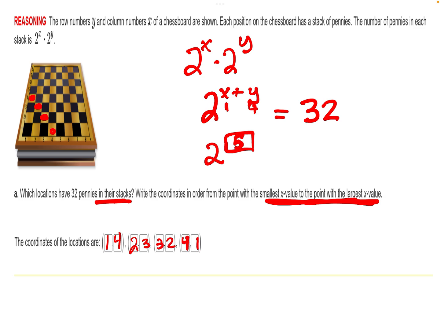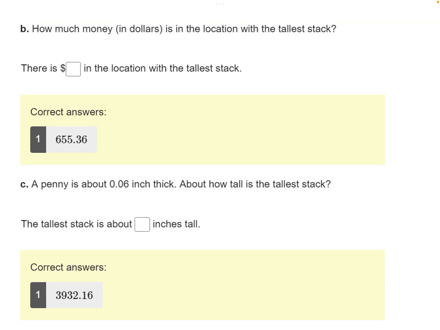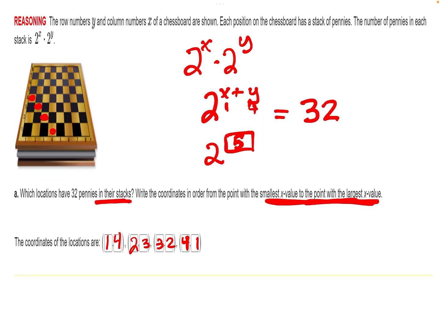And hopefully most of you were able to determine that understanding. Okay. Then the problem went on and said, hey, thinking about this pattern, can you tell me which stack would have the tallest stack? And so hopefully if we go back here, we could think about, okay, well, this stack right here would only have 2 pennies because I would have 2 to the first and 2 to the first. And hopefully we get the understanding that back here, we would have the biggest stack, 2 to the 8th, 2 to the 8th. And 2 to the 8th times 2 to the 8th would be 2 to the 16th power,